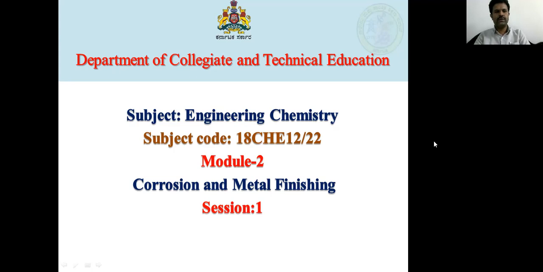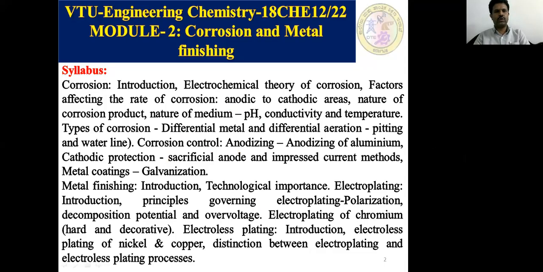In this video, I am going to start VTU Engineering Chemistry Theory Module 2, that is corrosion and metal finishing. Let's go through the syllabus for Module 2, which includes introduction to corrosion, electrochemical theory of corrosion, factors affecting the rate of corrosion, such as anodic to cathodic areas, nature of corrosion product, nature of medium, such as pH, conductivity, and temperature,